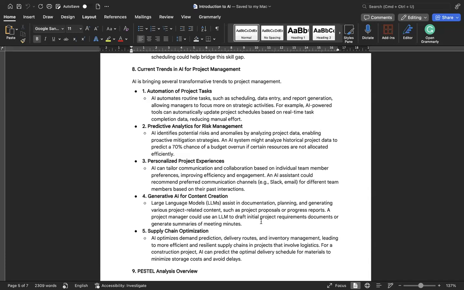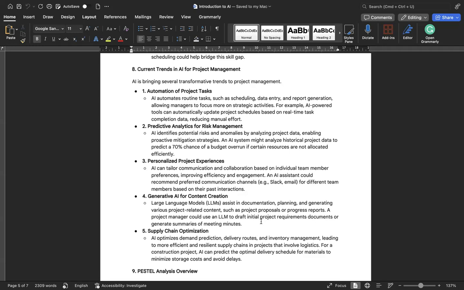So AI is bringing several transformative trends to project management, starting with the automation of project tasks. AI automates routine tasks such as scheduling, data entry, and report generation, allowing managers to focus more on strategic activities. What examples can we have? For these AI-powered tools, I will be doing a session later where I will explain and give you a list of a few tools, and we will also discuss a few things about that. What are the AI tools which we can apply for project management? For example, AI-powered tools can automatically update project schedules based on real-time task completion data, reducing manual